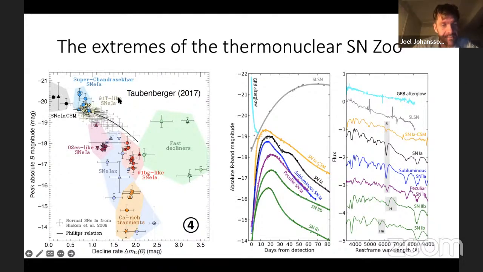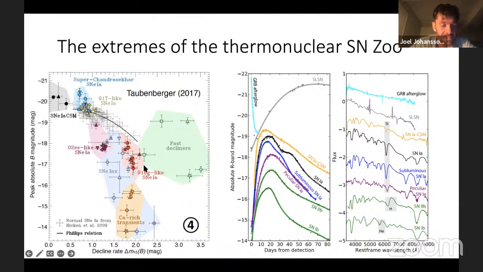So we call these 91T-like supernova. The first prototypical supernova was 1991T. And on the other side of this black line, which is in principle the foundation for supernova cosmology, you can correct for the different decline rates and get some sort of standardizable peak magnitude. So you have fainter and faster supernova on this edge,